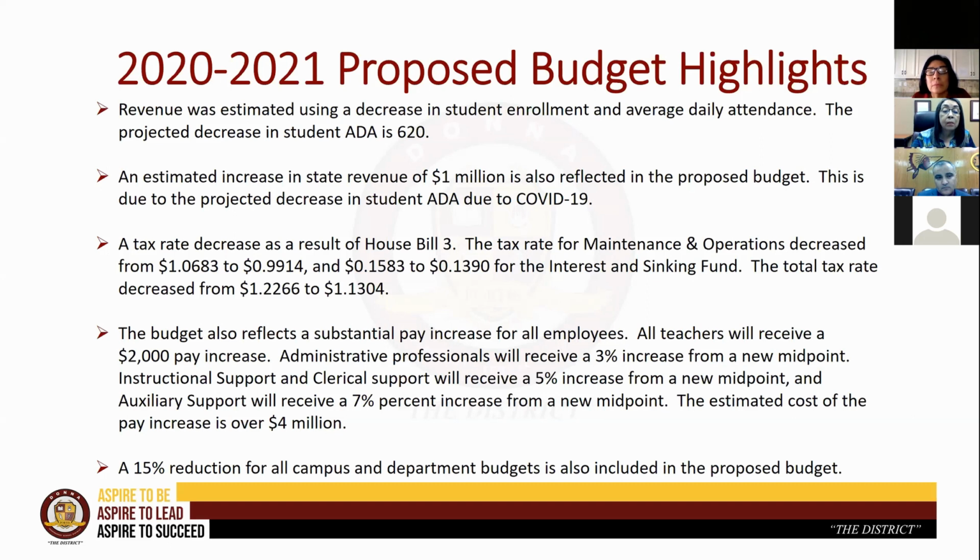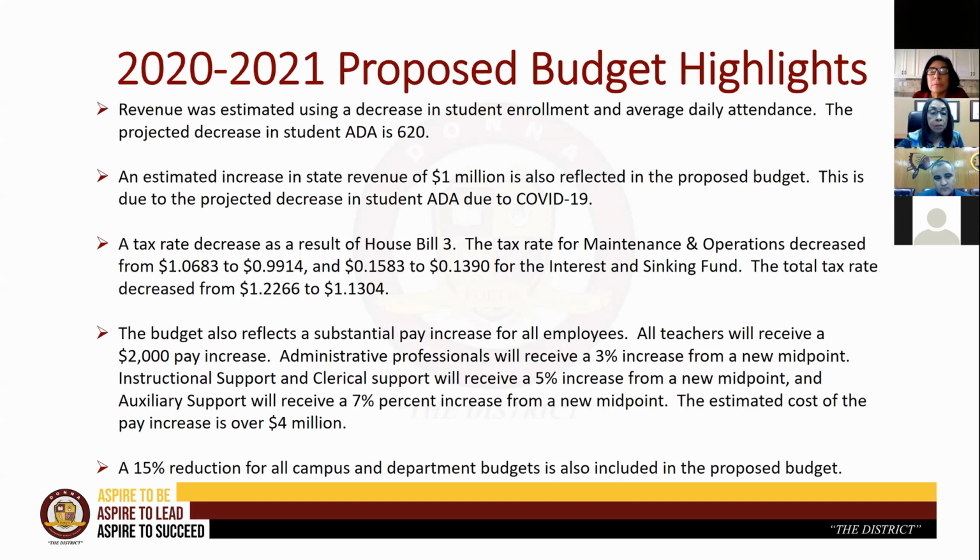Even though we are reducing our ADA by 620, we're increasing our revenue because of what the state did for this fiscal year 1920: they reduced their state funding because of that ESSER grant. So if we received $8 million from the ESSER grant, then they reduced our state revenue by $8 million. So once I take that into account, then we do have $1 million more when we put in that ESSER grant in place.